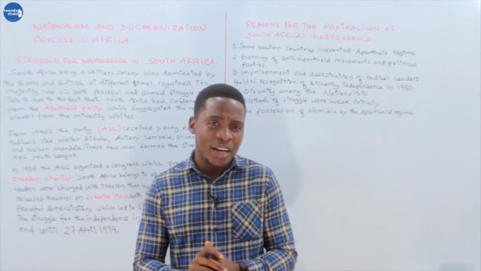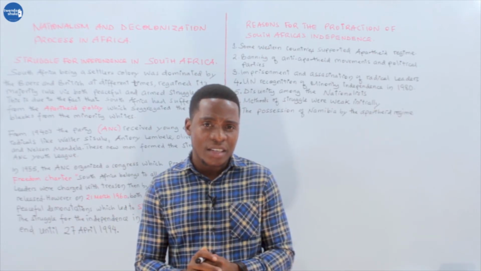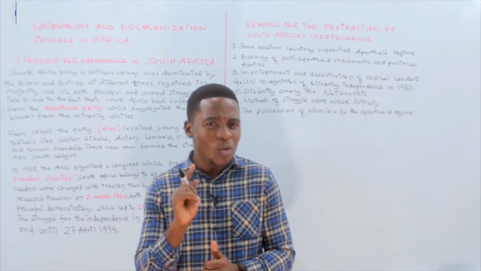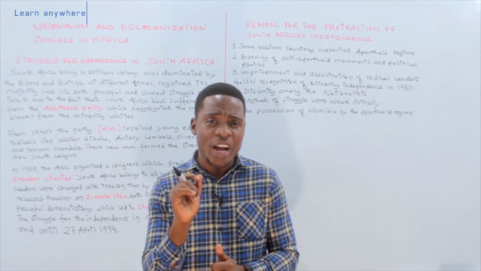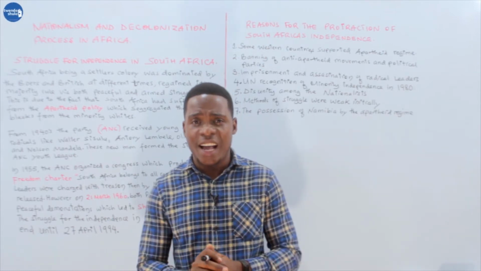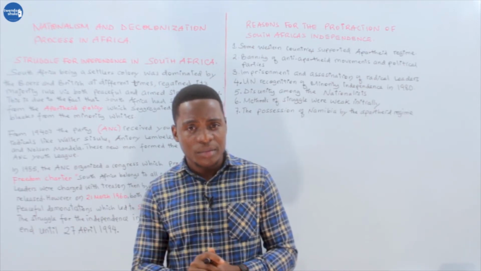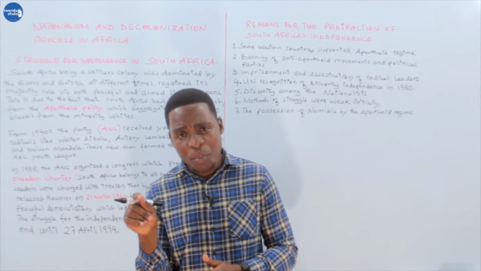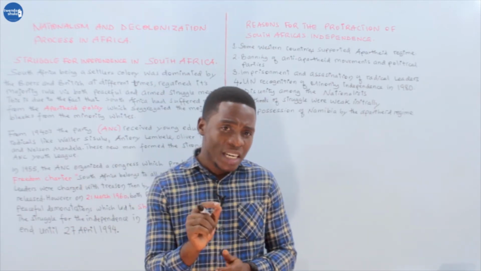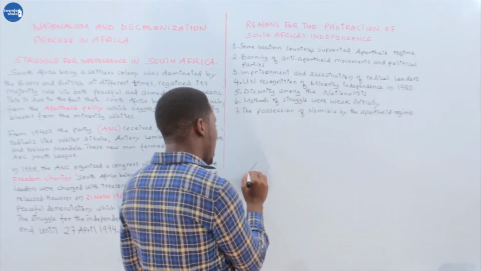I remember Martin Luther King said, "I have a dream that one day my four little children will come to live in this nation without being judged according to their color, but to be judged according to their spiritual content." But in South Africa, people were judged according to their color. So the government under President De Malan introduced the policy that was called apartheid.